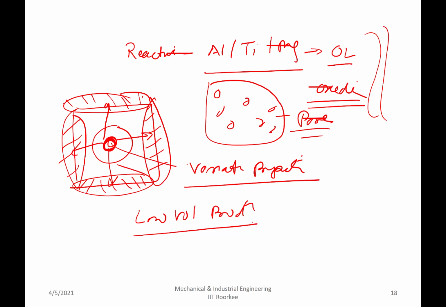So depending upon the size and the volume, it can be high volume or low volume. Mostly the automotive small size parts are made by the casting route, but if they are very large size, then they are made by other routes. Another one, depending upon the process, it is good for high volume.